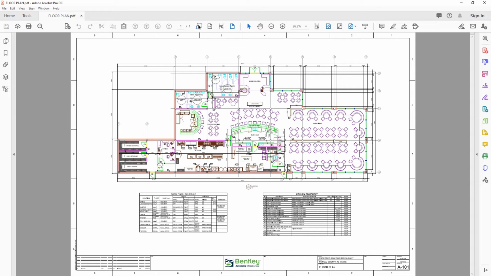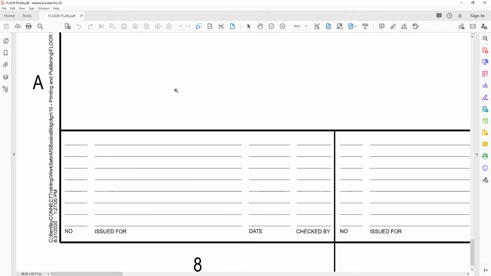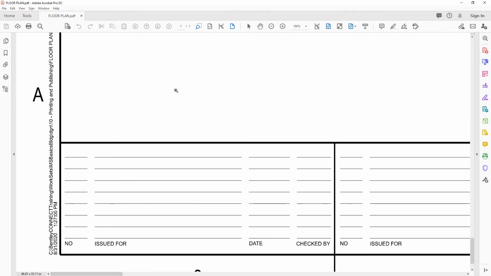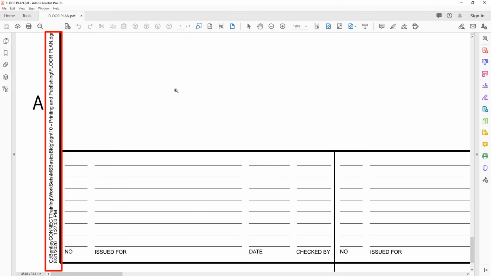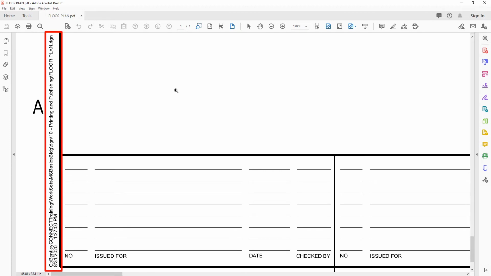In the PDF viewer, let's now zoom to the lower left corner of the sheet as shown. It is here that we're going to review the text substitutions in the PDF. Text substitutions are clearly visible. Each time a print is generated, the current date and time are applied through the text substitutions located in the design file. In the PDF viewer, we're now going to enable the display of layers.